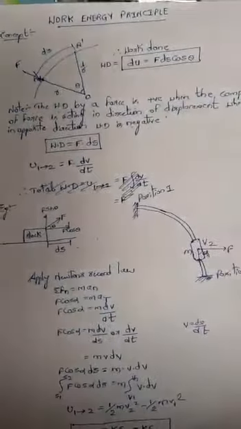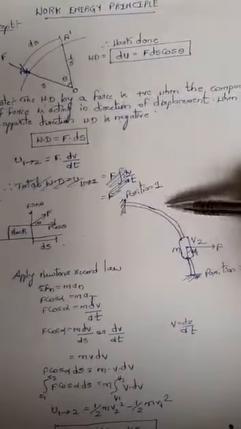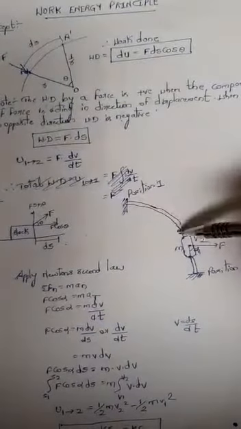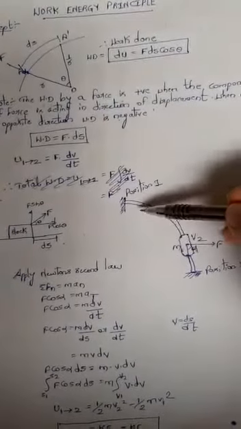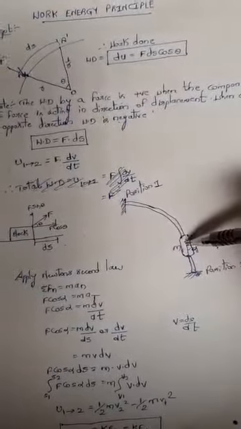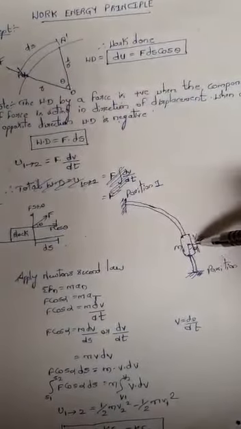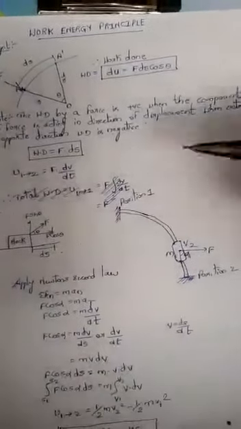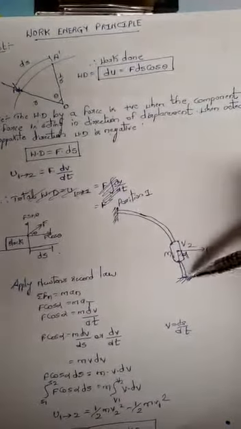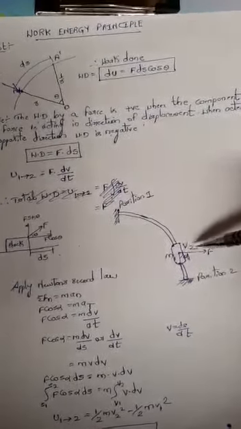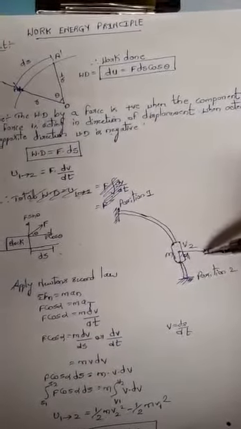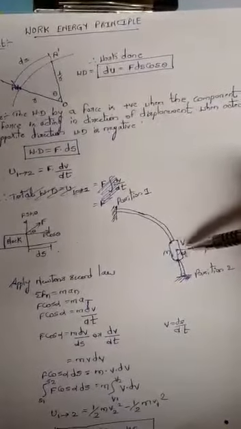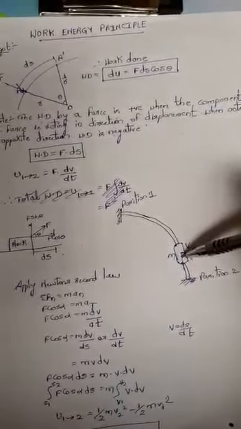Similarly, now let's say a particle is moving on a curved path. Let's say a curved path is there which has been fixed on the two sides, and a slotted block is connected on that curved link, and the displacement takes place from position 1 to 2. Now in this case, let's say a force F is being applied at an angle of alpha. The block is moving with a velocity and the mass is m.